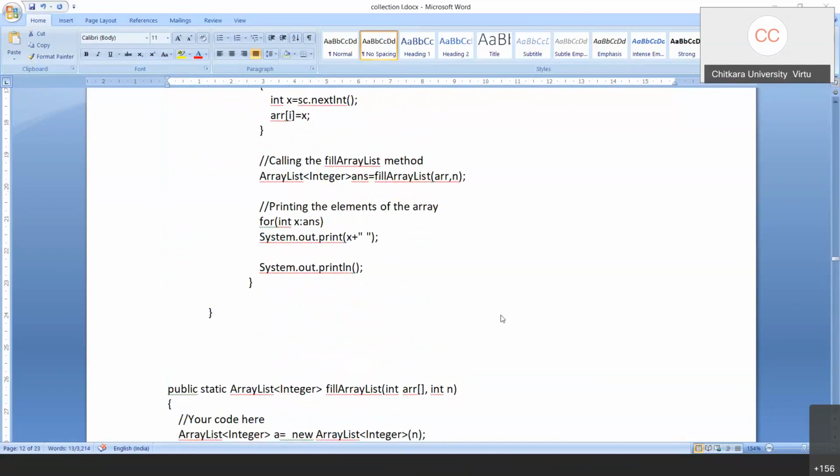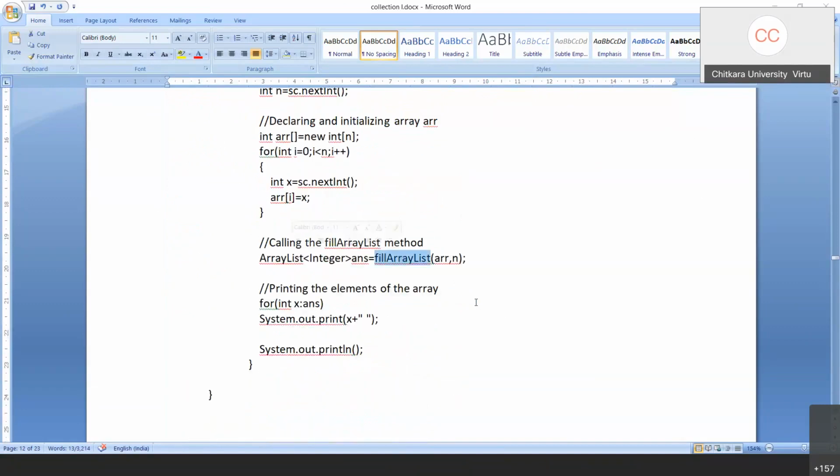For writing the function, I am going to give you 2 to 3 minutes.